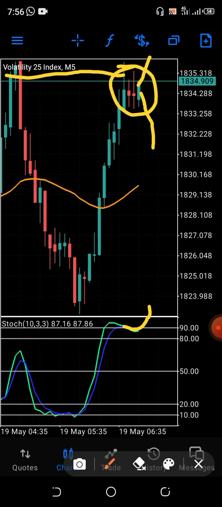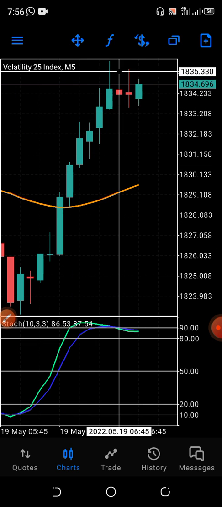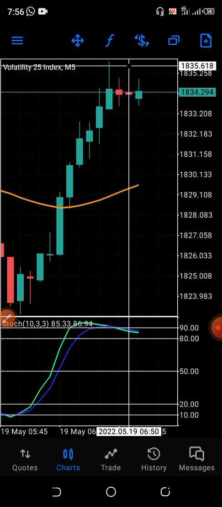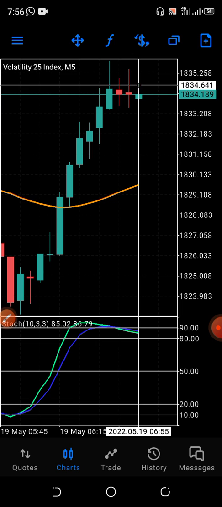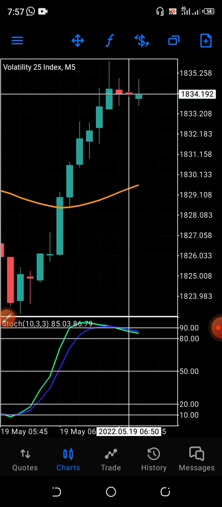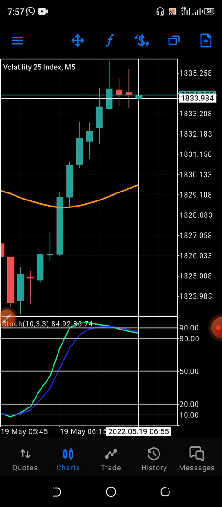These things that you are seeing here now are the reason. Look at these 3 lines here now, these 3 weak rejections. This one here now is indecision. Let me show you. This very one here is indecision. This one at the center here is indecision. It's a doji. Since this one is indecision, but it has more weak candles on the upside than below,